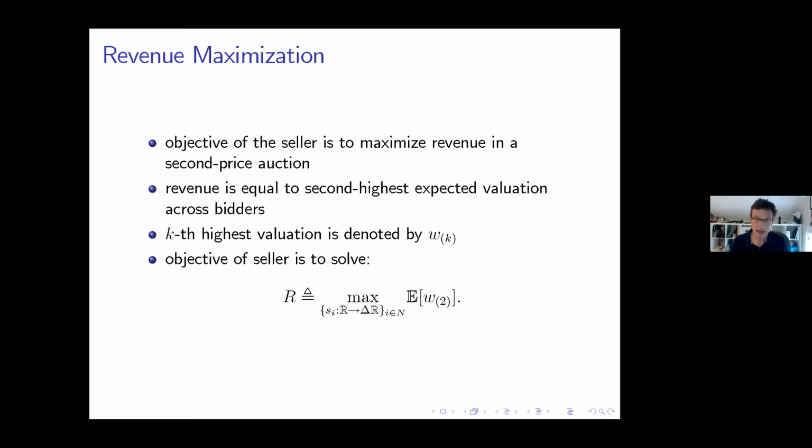Today, he has no access to any tools other than the information policy. So there's no participation fee, there's no reserve price, although that can all be integrated. All he has is to shape the distribution of the posterior expectation to increase the revenue that is arising in the second price auction. So what you would like to do, in essence, is what I have in this last equation here, to choose the information structure in a way as to maximize the revenue that is going to be simply the second order statistic of the posterior expectation of the bidders.